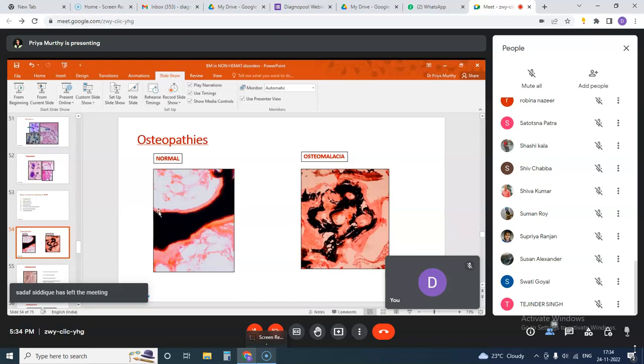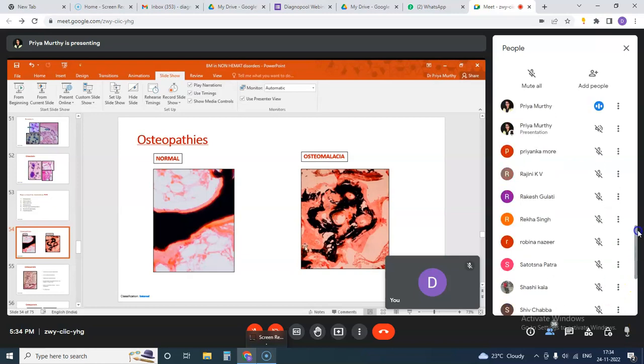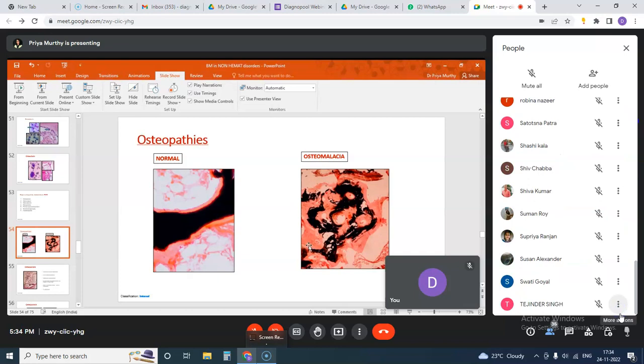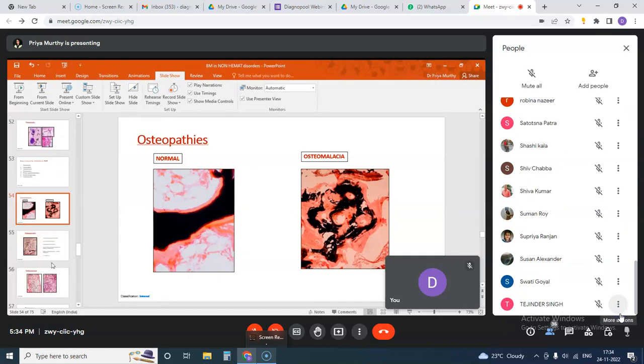And in contrast, if you see a case of osteomalacia, there is very irregular deposit of calcium, and the cortex is very uneven. See over here, this is all the unmineralized bone. The pink part is the unmineralized bone. Other stains that you can use to detect these are the Perls stain, which gives a blue line to this.